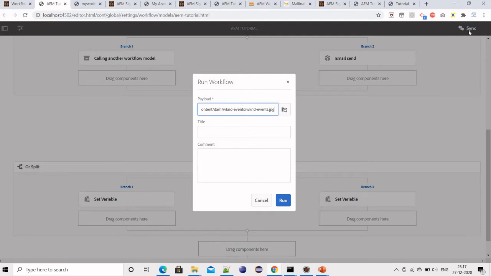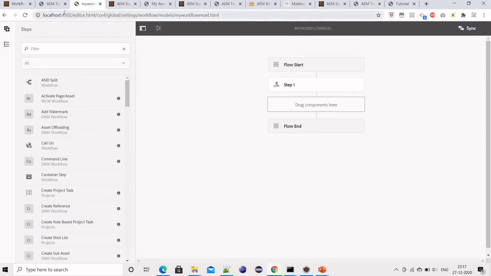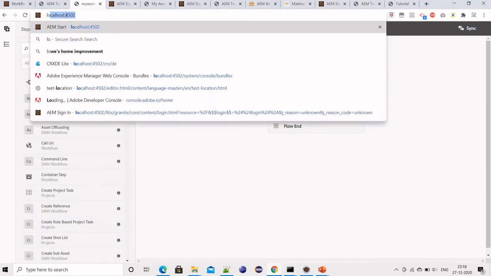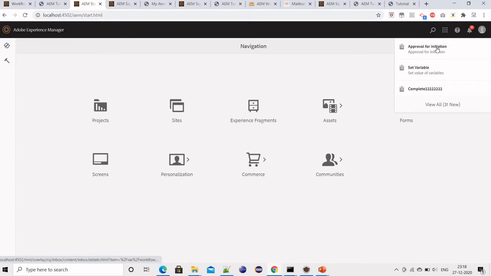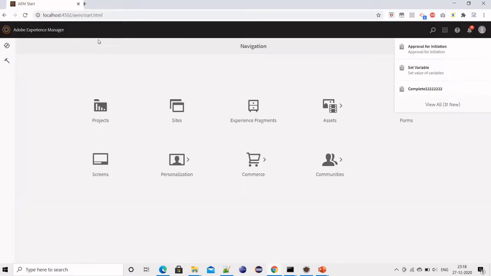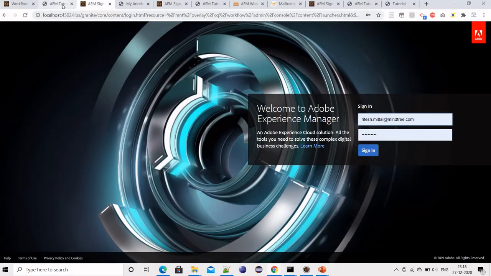Before this, just make sure you are in sync. Meaning you need to save the workflow model. Mine is already saved, so then it will tell you workflow started. And then how can we see it? Basically we'll get one notification, approval for initiation. It is giving me a notification that something is coming for initiation, because I just open it in a new tab, new window,